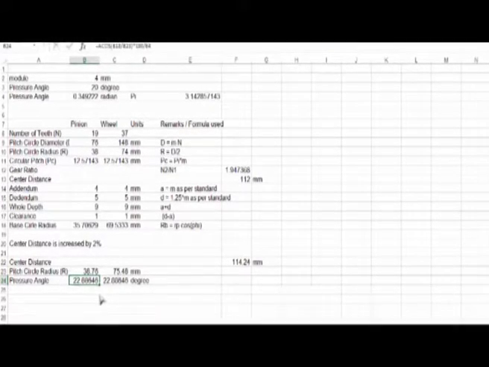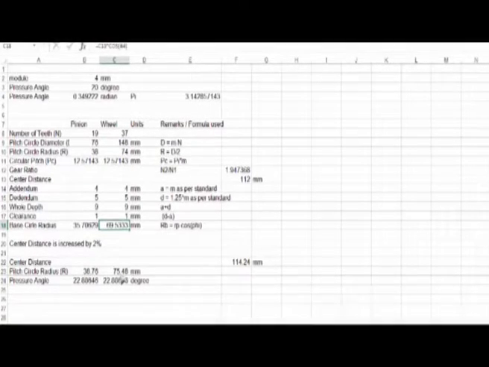So even if there are assembly related inaccuracies in your manufacturing processes, the good thing about involute gears, the way they are designed, is that these assembly related inaccuracies will not have any impact finally on the gear ratio. The gear ratio will still be the ratio of the two pitch circles, or better still the ratio of the two base circles, whichever way you look at it, it's going to be just the same.